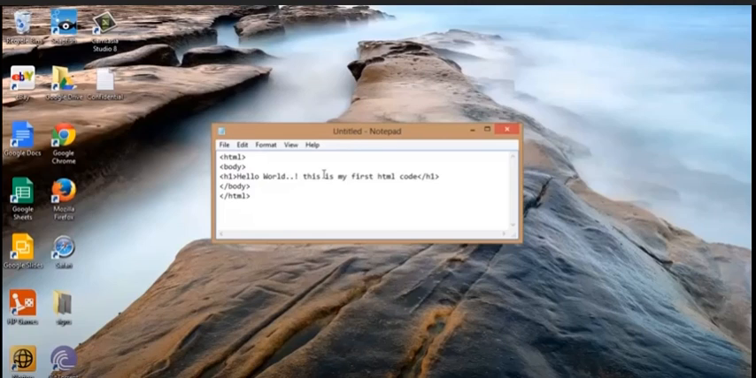So first is the HTML opening tag, then second is the body tag, then third is the h1 heading. In that I have written hello world. This is my first HTML code, slash h1. Then below that, slash body, slash HTML. Okay, I think all of you have understood up to this. Then